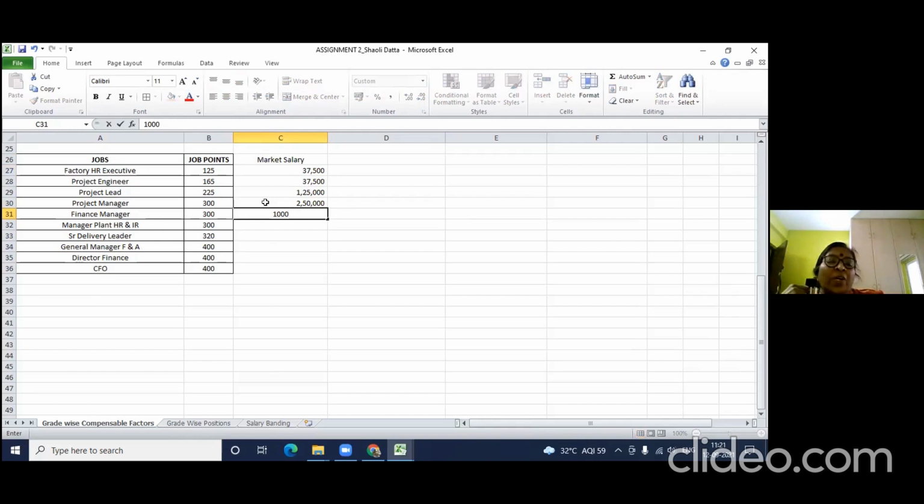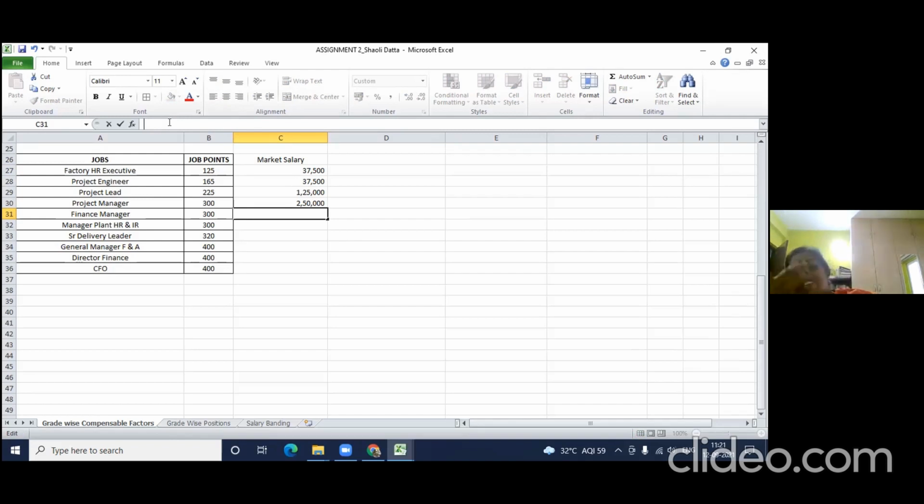Project manager is 300 points, finance manager is 300 points. So now why are you saying finance manager 1 lakh? Just think about it. I'll tell you why. Because based on the compensable factors, if a position has been evaluated at 300 points, typically the salary... say, for example, I say, hey, but the finance manager, I want to pay less. When you want to pay less, maybe you don't want a finance manager at a high level, or you don't want those compensable factors at that high level of intensity. But when you have evaluated, that means the worth of the job has become 200 or the worth of the job has become 300. So I'm just trying to tell you again.